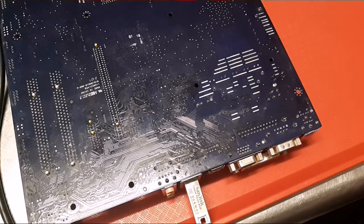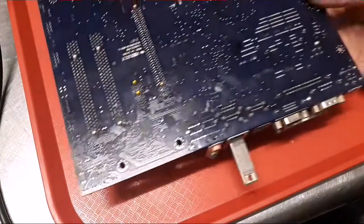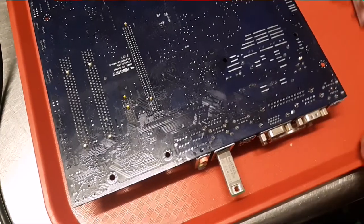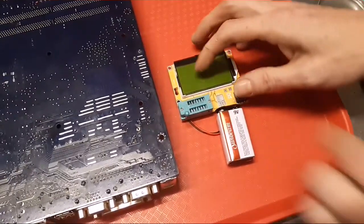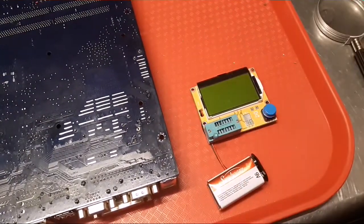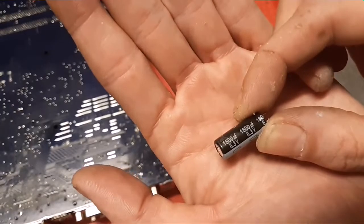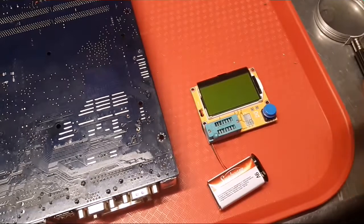So here's one. I don't know what I did with the other. All right, well, we'll just test this one because I only have one right now. But we want to see, like I said, this is just going to give us an idea, and hopefully it's close, because I don't think I have any of these. And it is 1500 microfarads and 6.3 volts. So let's see